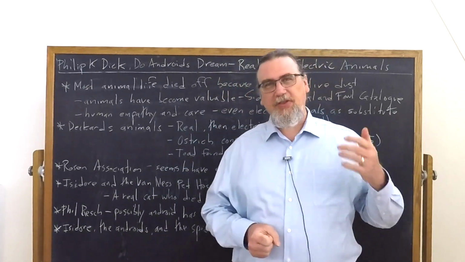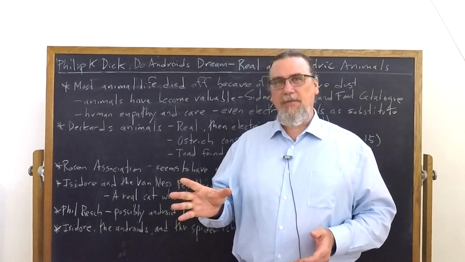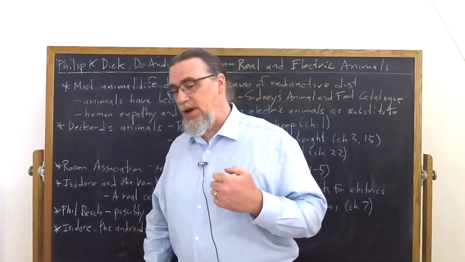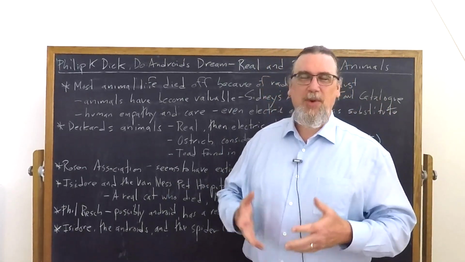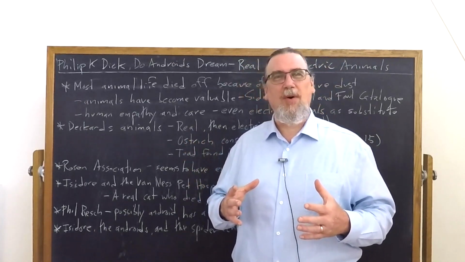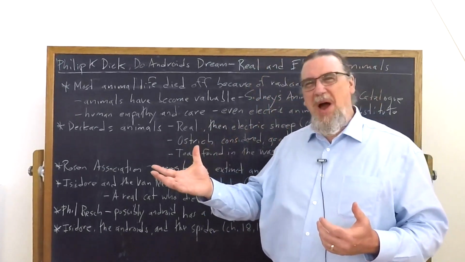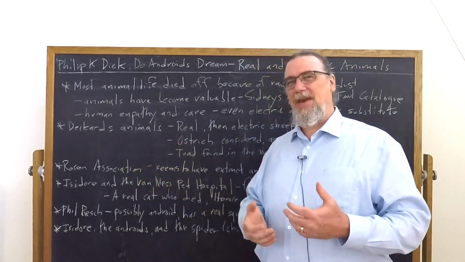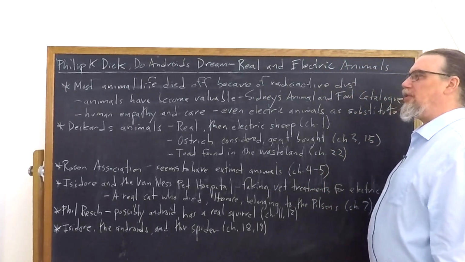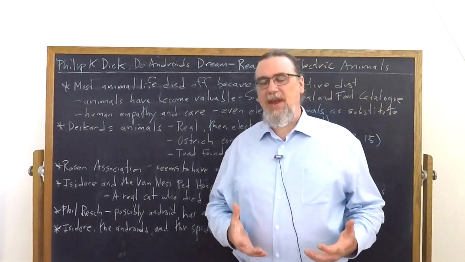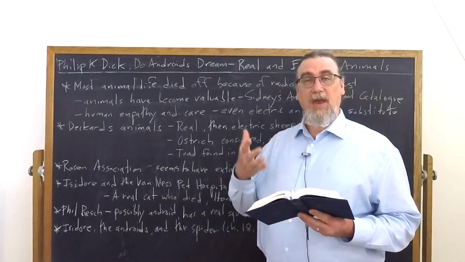One absolutely central feature to both the narrative setting and to the plot of Philip K. Dick's novel Do Androids Dream of Electric Sheep? is the status of animals, both real and electric. We could say fake, and that wouldn't be completely off, although people do, in many respects, relate to these electronic replica animals as if they were the real thing, and they're made as similar as possible to the real thing. So in this narrative setting, animals have become pretty rare, in part because of the catastrophe that has happened,